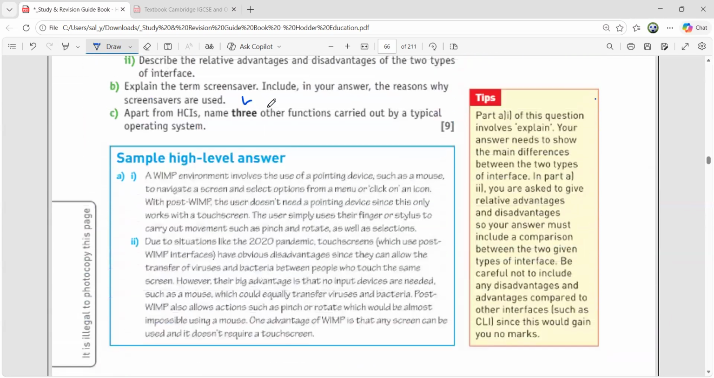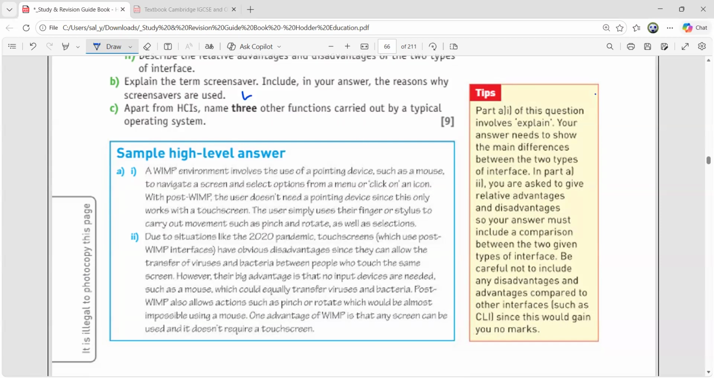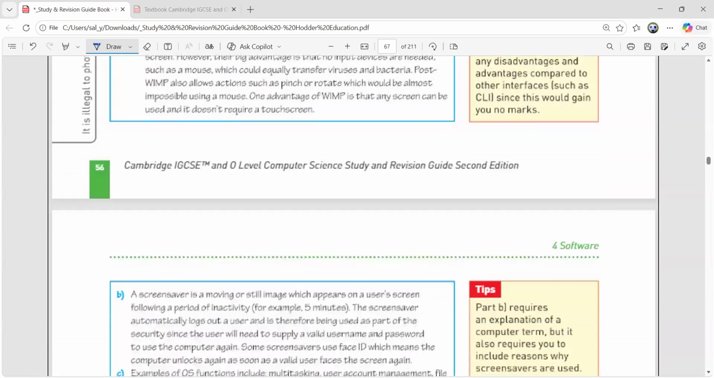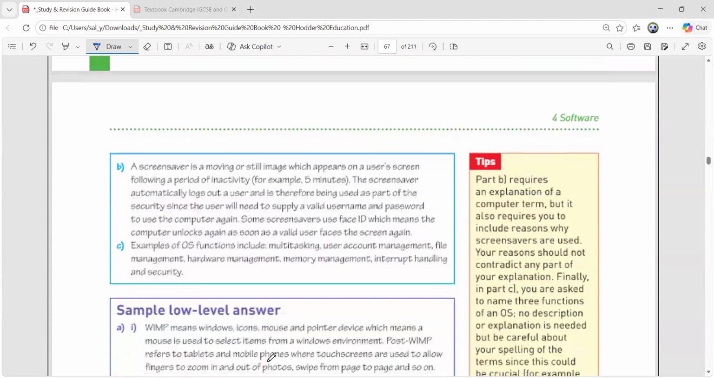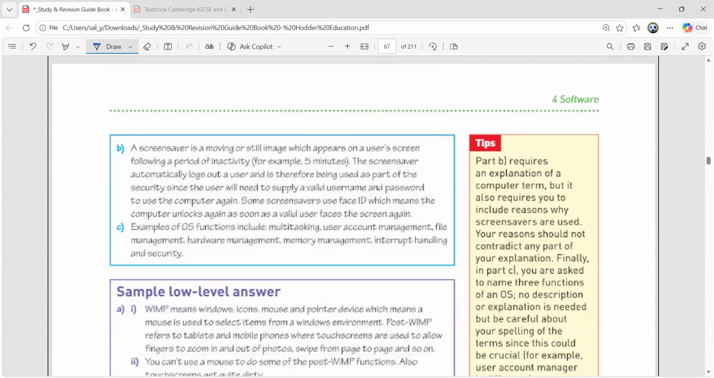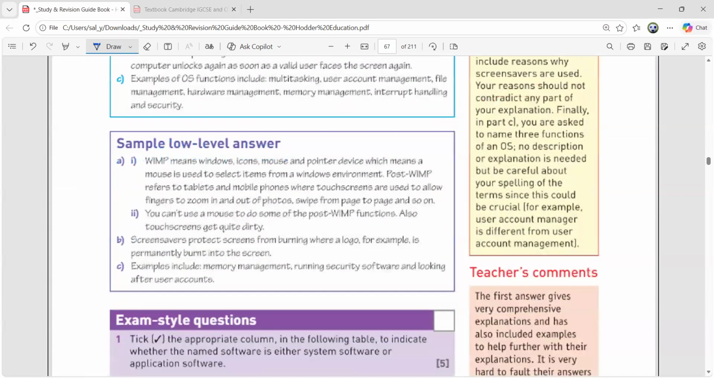answer to this part. Apart from HCI, name three other functions carried out by the operating system. So you simply need to mention, that's all. That's why you can mention any. Just leaving HCI, you can mention any others. Okay, fine. And I'm not showing the low level answer at all because inshallah, I hope that we